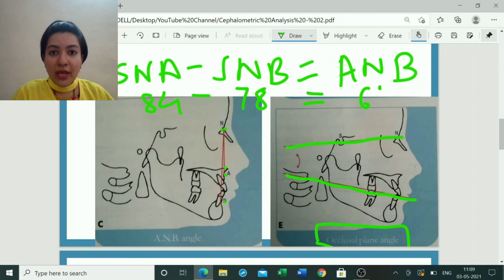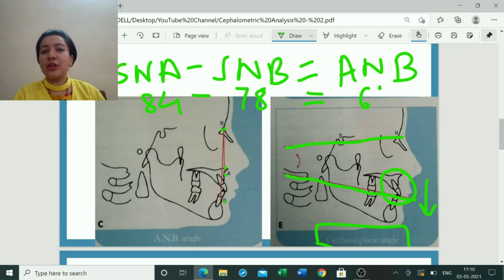It will tell you whether my occlusal plane angle is less or more. If it is more, maybe my incisal show is excess, maybe the anterior component of the maxilla is pushed downwards. And if it is less, maybe the incisal show is less, or maybe there is a problem with my posteriors. So basically, to find out about the canting, whether we want to intrude or extrude the anteriors, or intrude or extrude the posteriors, to change the occlusal plane, we should know this particular angle.